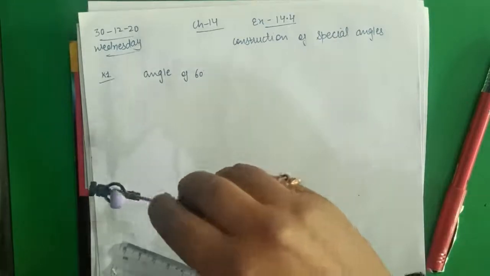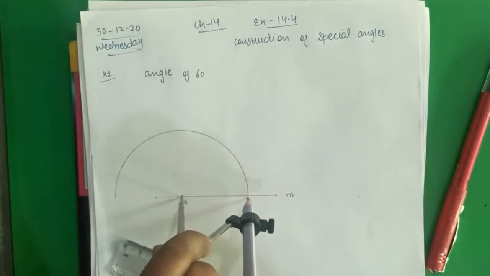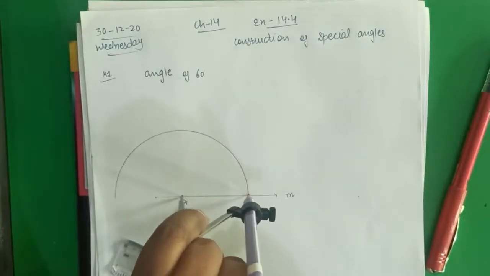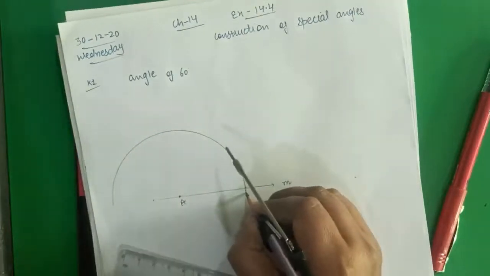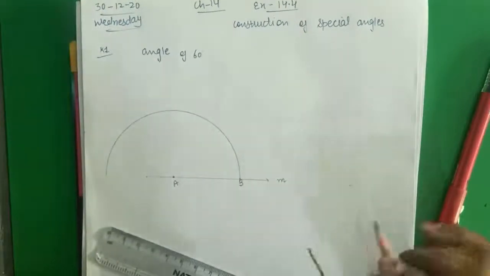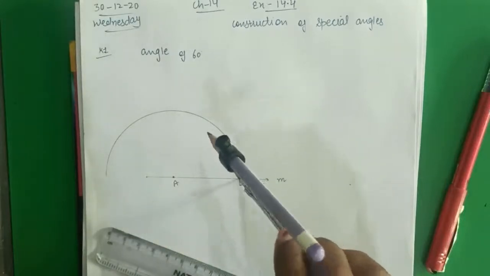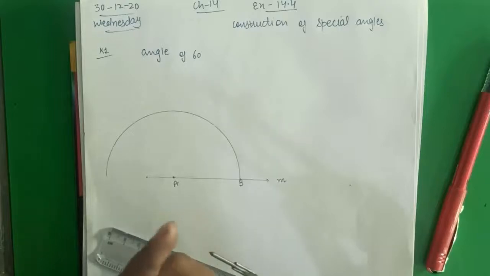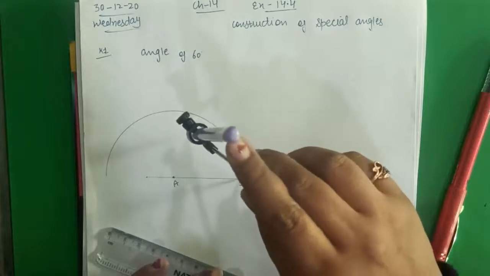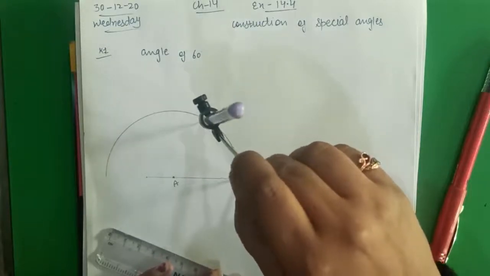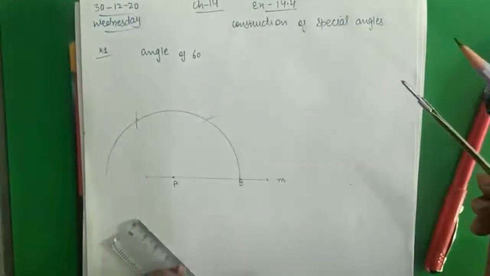So like this. This is an arc which intersects the line M at B. We will name this point B. After that, with the same radius and B as the center, the center meaning the needle of the compass, which will come on this B, draw an arc that intersects the previous one. One arc here and another arc here.